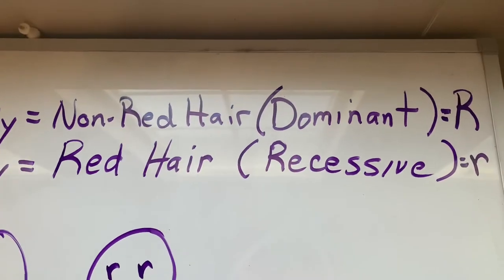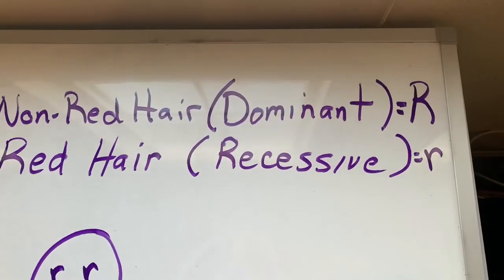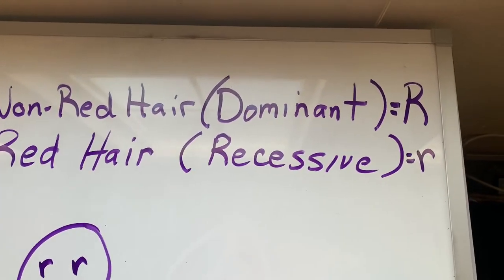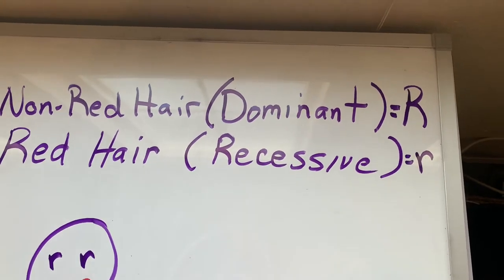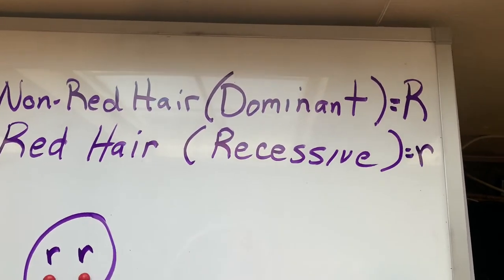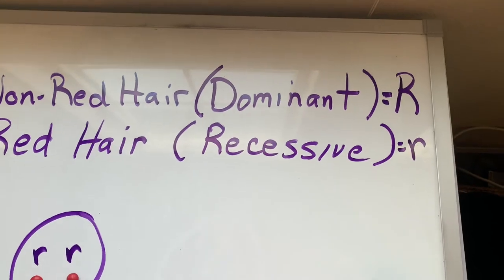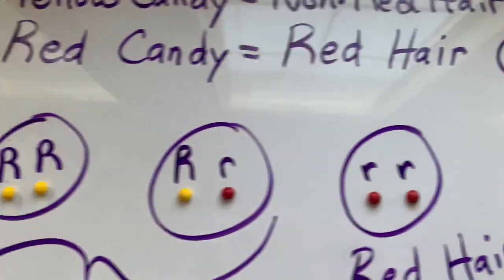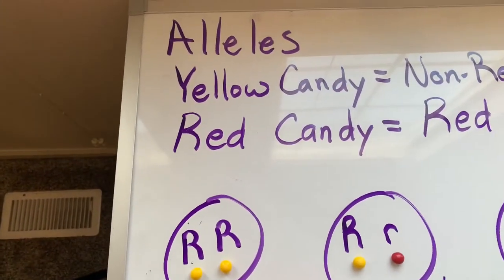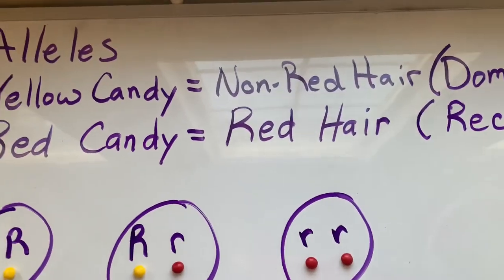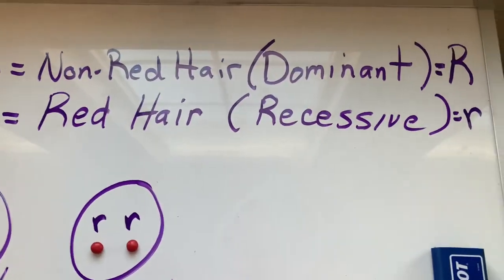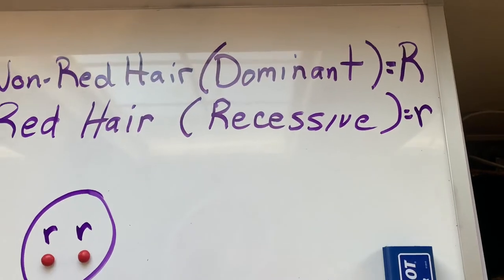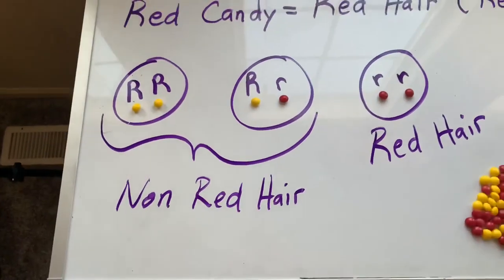It is a dominant trait, and it's going to be depicted by a big R. I chose this because that is how Bozeman Science chose his, because specifically we were talking about a redhead gene or not. The red candy is going to represent red hair. It is a recessive allele, so it's going to be little r. And so as you can see, the combinations that I have made,